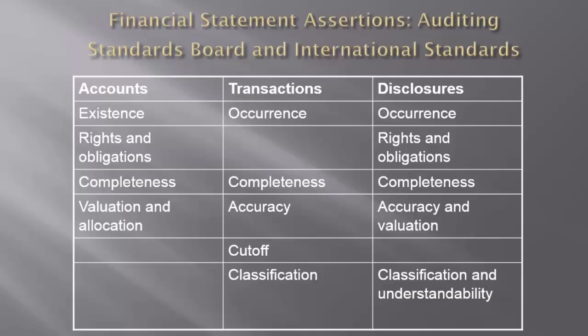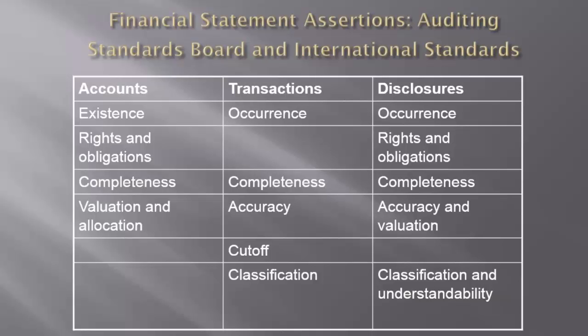We think about valuation and allocation. Allocation is making sure that we are looking at each of these items appropriately in terms of the appropriate account. But in terms of valuation, think about the valuation of accounts receivable. How does management value accounts receivable? Management values accounts receivable as the account balance for accounts receivable less the allowance for doubtful accounts. So the net accounts receivable essentially represents the value of those accounts receivable in terms of their redeemable value.